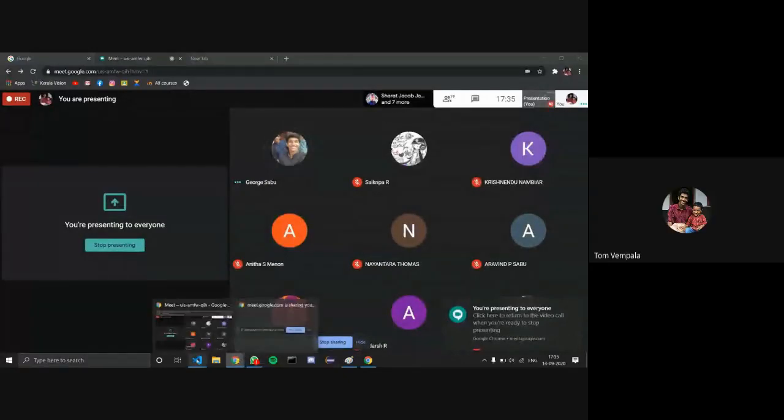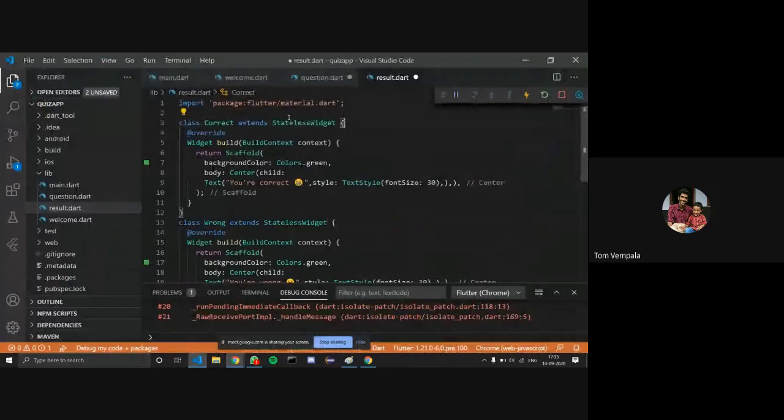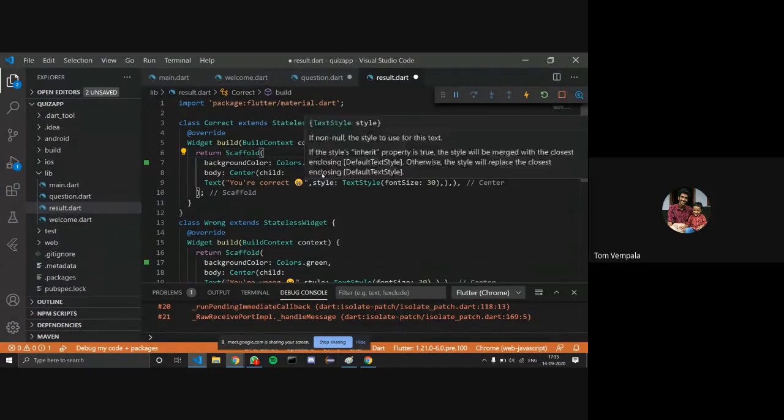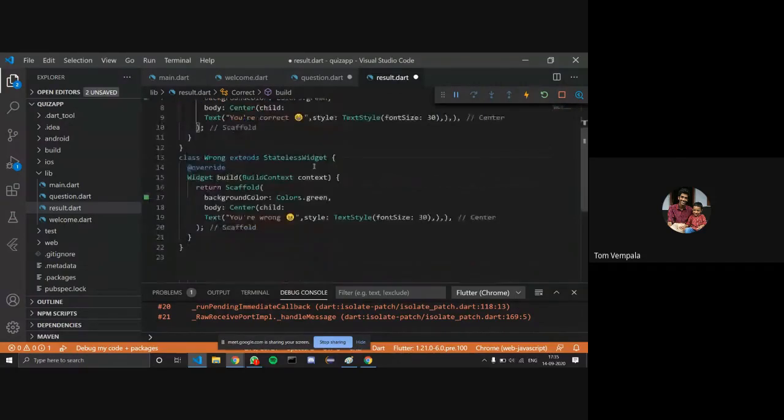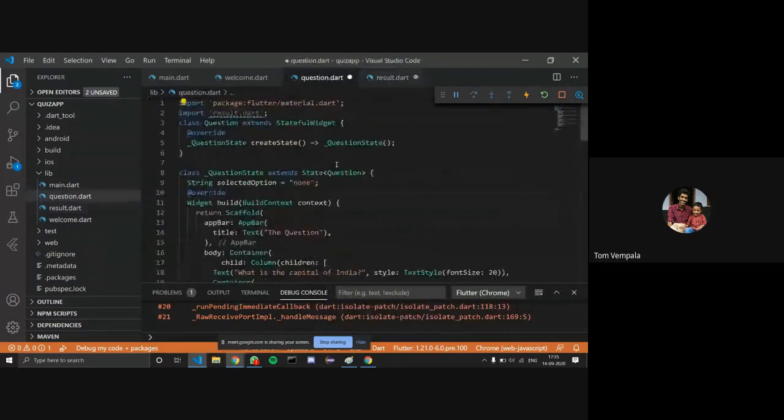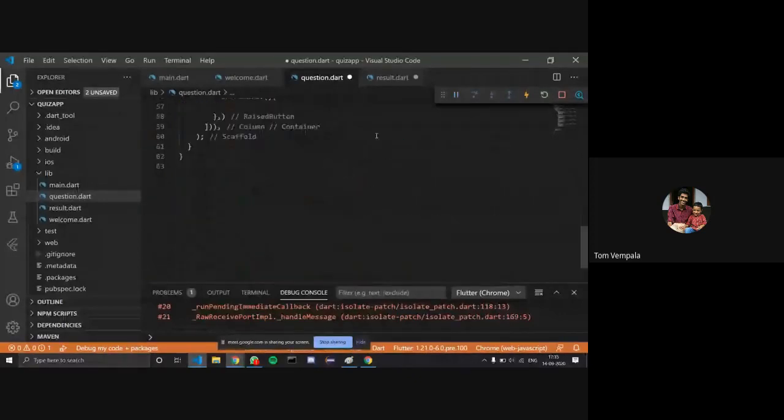Okay, good. So what I did, I created two stateless widgets. One is for correct and one is for wrong. Inside the correct one, it is just a scaffold and center widget, and it says you're correct and gives a background color green. For wrong, it is the same thing, but it says you're wrong, and the color will be red. I imported that file in the questions.dart. And now when we click submit,